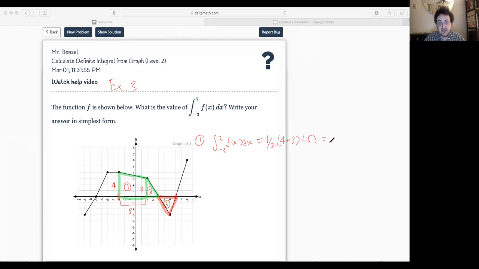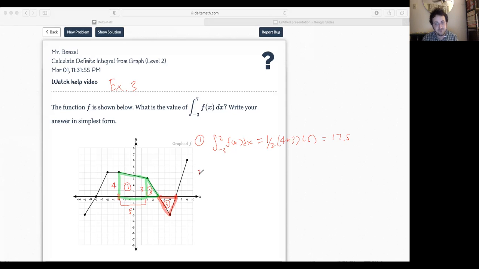And its area, when we do that, let's see. So I got 1/2 of 4 plus 3 times 5. So 7 times 5 is 35, and half of that is 17.5. And you could even manually count and see if you're in the ballpark. Some people could do the rectangle and then just minus the sliver of the triangle. So you do have some leeway on these problems as long as you are getting the correct areas and having